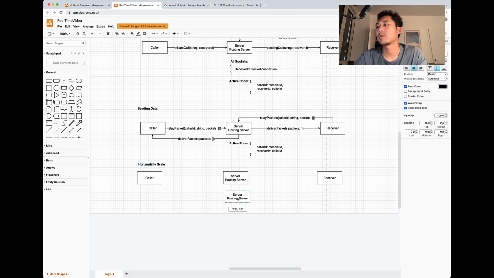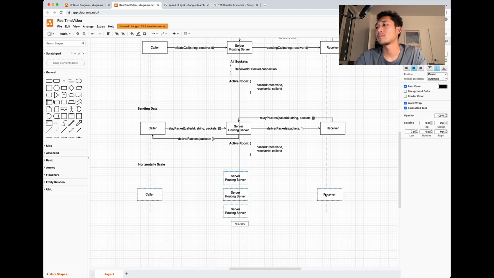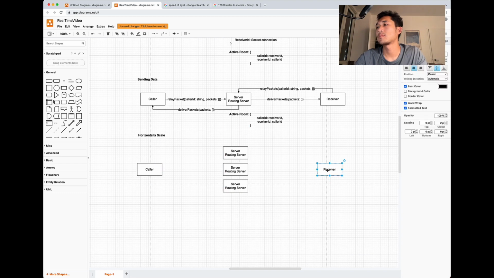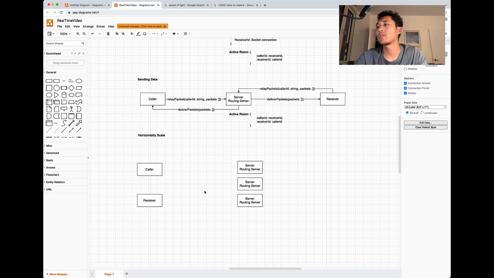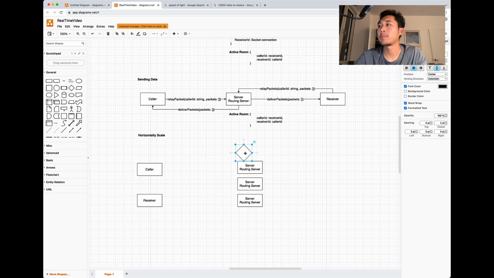So let's just create multiple routing servers. Let's move receiver to this side so we have some more room to play with. And then let's add a load balancer.